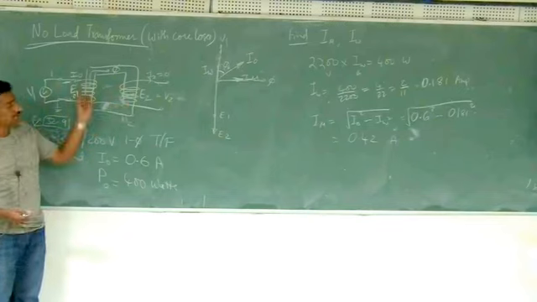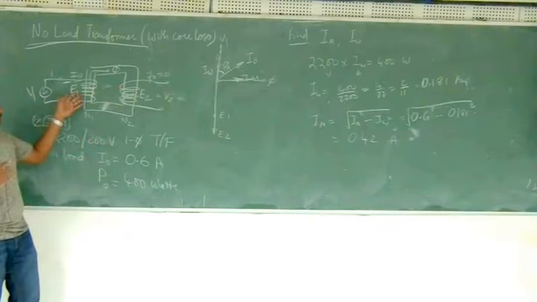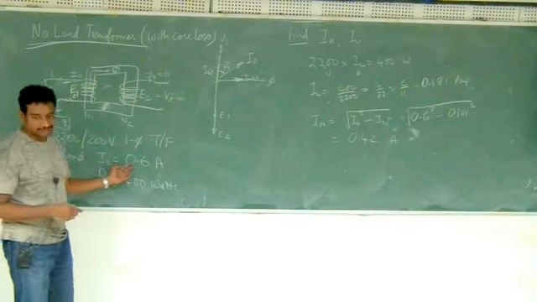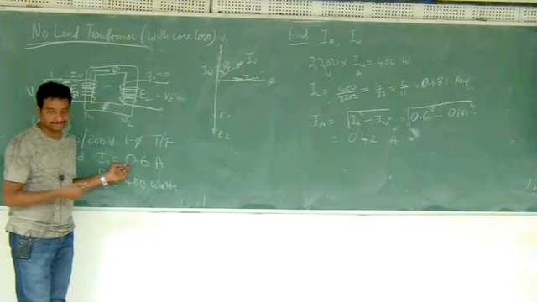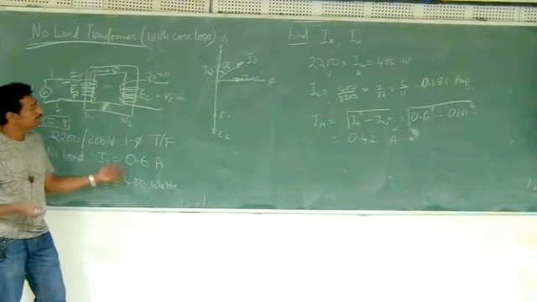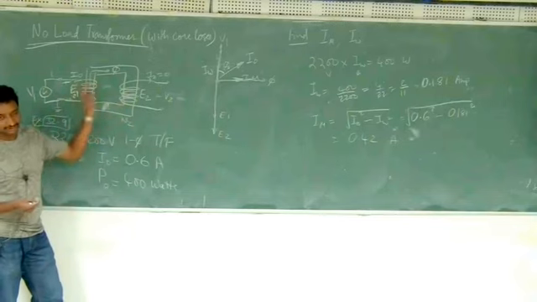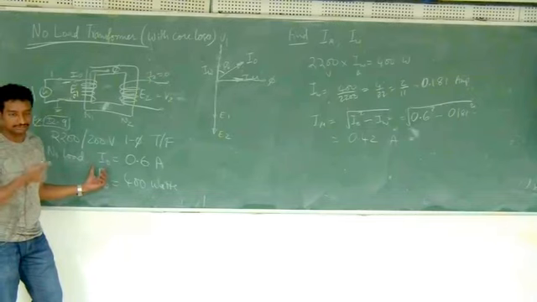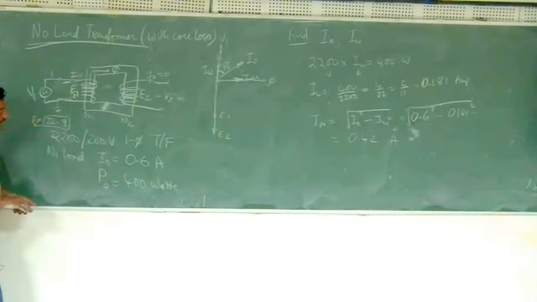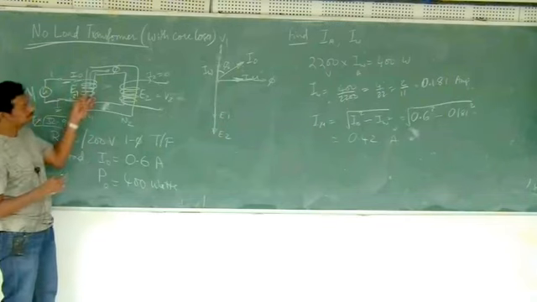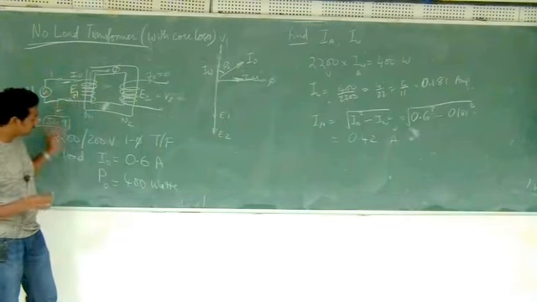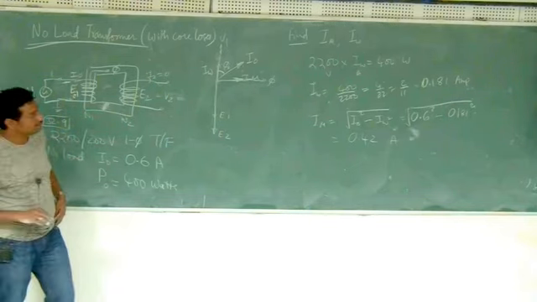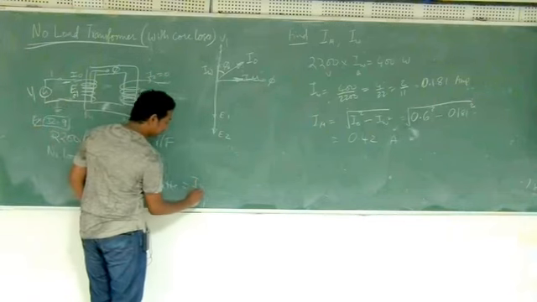Iron losses means the core losses, because the actual current will be much higher. The current you're getting, 0.6 amperes, is typically only 1 or 2% of the full load current, because a very small current is enough to set up the flux in the coil. So this no load current is only 1, 2, 3% of the overall current. I cannot claim that the copper losses are significant there. So I can say that whatever open circuit power it is taking is purely iron loss.